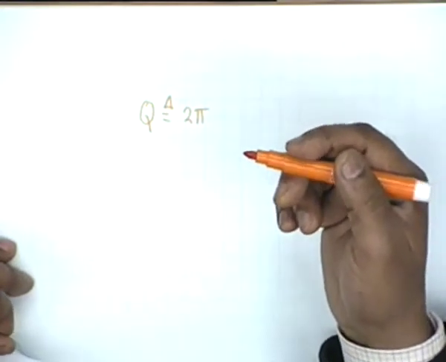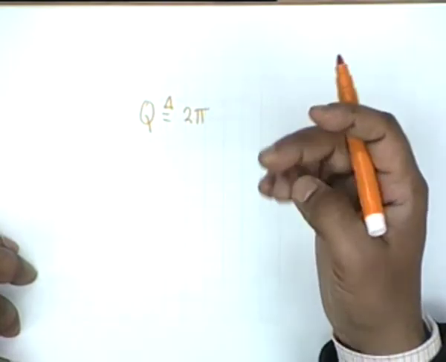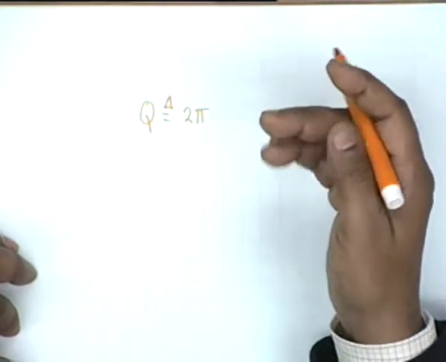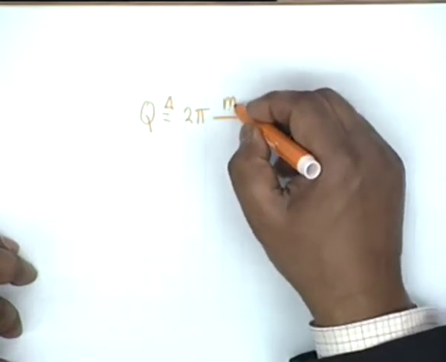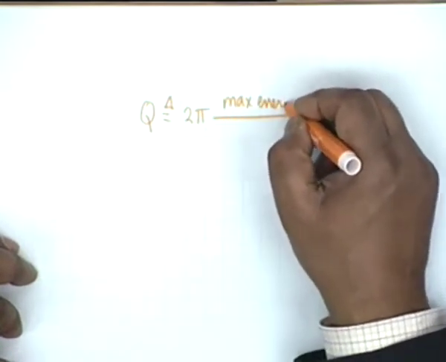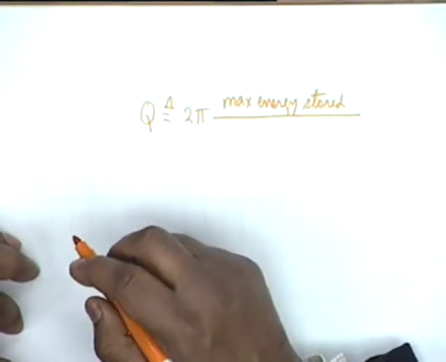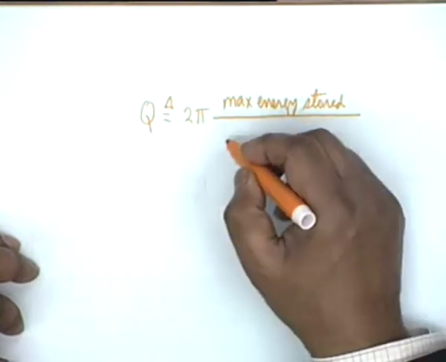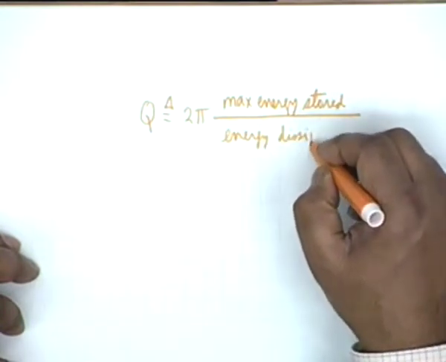The quality of any reactance or energy storage element, which is either an inductor or a capacitor, is defined as twice pi multiplied by maximum energy stored divided by energy dissipated per cycle,